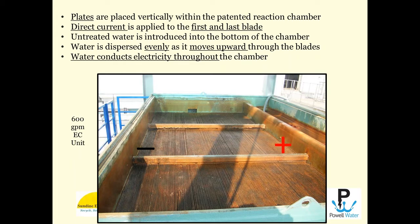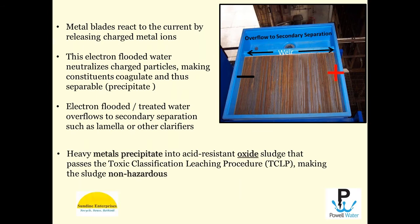Here's a 600 gallon per minute unit. So the water comes up from the bottom through the plates vertically into the patented chamber, and direct current is applied to the first and last blade, and the untreated water comes up from the bottom, comes through the plates, and the water is dispersed evenly and moves upward through those blades, and the water conducts the electricity throughout the chamber. And you can see the weir to the right, the water then goes to the weir and goes to